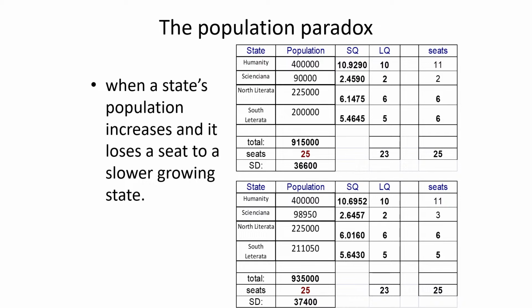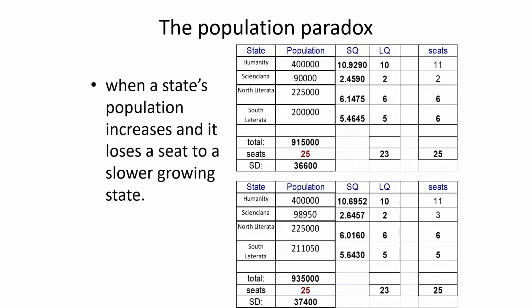Number 4, it turns out that a new state is joining our union, our country, and that new state is Omatho. So Omatho's joining our country, and so let's scrap this one down here and go with this. Notice that the standard divisor you used here was 36,600. So let's bring Omatho into the fold here. Omatho has 120,000 people.